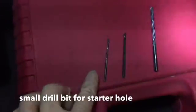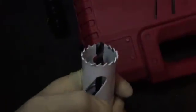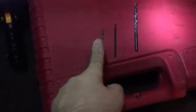Okay, so here's the thing. I already did this one right here, and let me show you what I did before I move any further. I used a small bit, and then I moved to a larger one and then a bigger one, because look at this one. It has a pretty big size already. If you start drilling with this, it's going to move all over the place. You're not going to have that control. So you want to start off with a small hole, build it up until you reach almost the same size. That way it'll be easier for you to make that nice, perfect